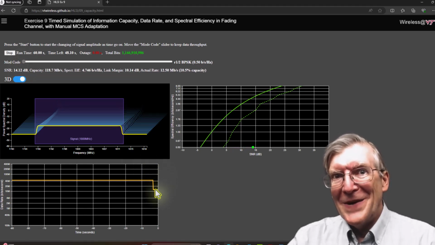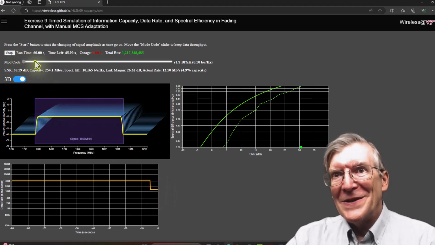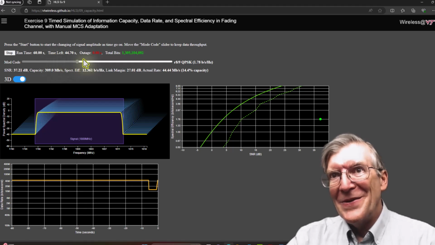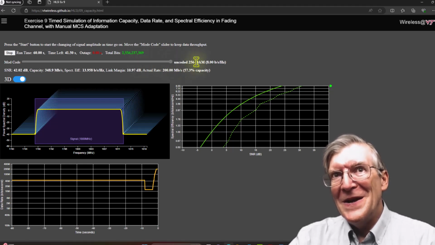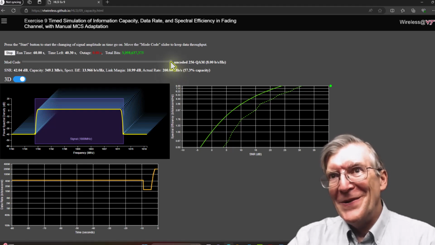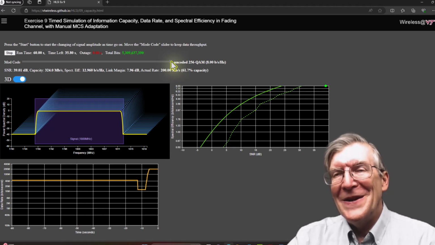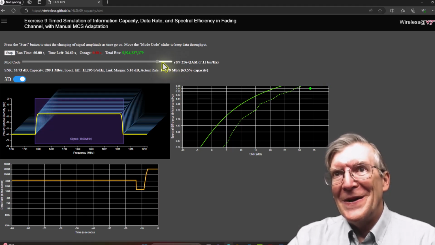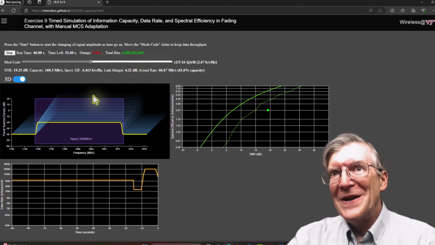And now you can see that the bit rate or the data rate has decreased. We'll try to increase the modulation and coding scheme now that the signal is becoming stronger, and we'll try to keep that high. Here we are using 256 QAM, transmitting 8 bits per symbol, and we'll stay that way as long as we can, because that's very advantageous. Lets us transmit data the most quickly we can in this simulation, but now we'll have to back off to a slower combination of modulation and coding, and we'll continue to do that, trying not to cross the dotted line,